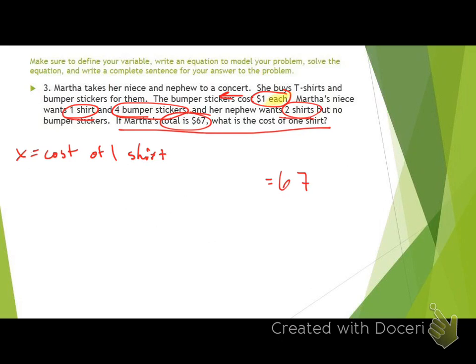Okay. So where does that cost come from? Well, it comes from bumper sticker cost and t-shirt cost. How much are the bumper stickers going to cost? Well, she's going to buy 4 of them, and they're $1 each, right? That's up there in the problem. 4 bumper stickers times the cost for each one, so you're going to do 4 times 1, which is going to be 4, right? But I want to talk about where that came from. And then I'm going to add to that